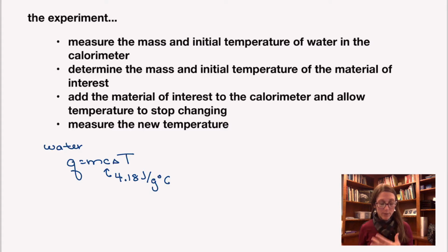Then, once you know that amount of heat gained by the water, you know the opposite was what was lost by the metal, or whatever other material it is. So here I've used Q system to represent the material of interest because that's what we're studying. And then once you know what that value for Q for the system is, you can use the equation Q = mcΔT to do things like solving for the specific heat capacity of this other material,